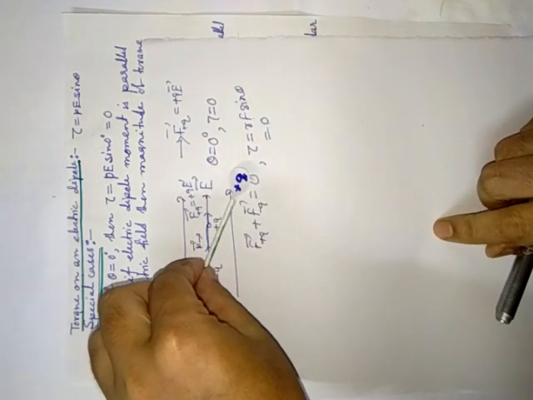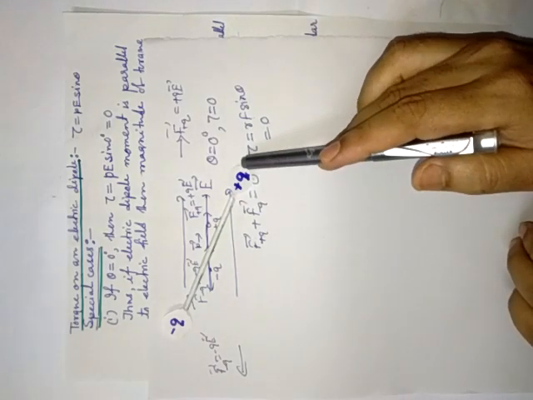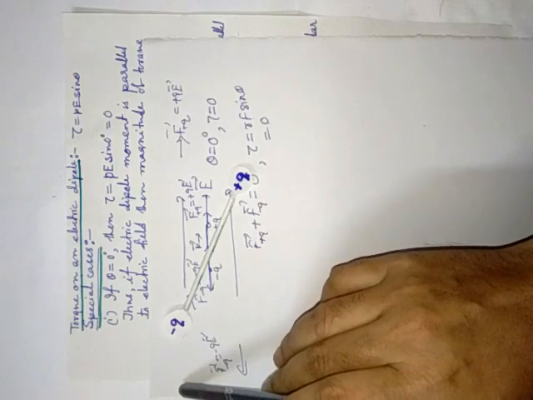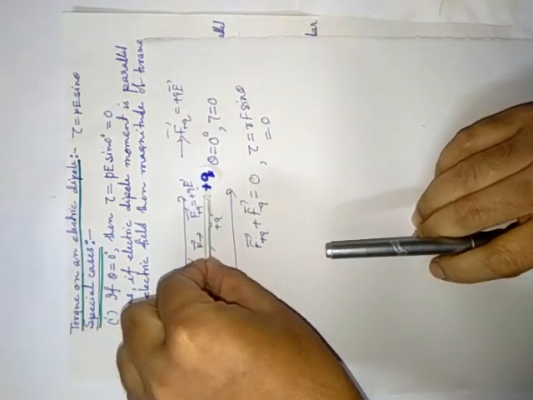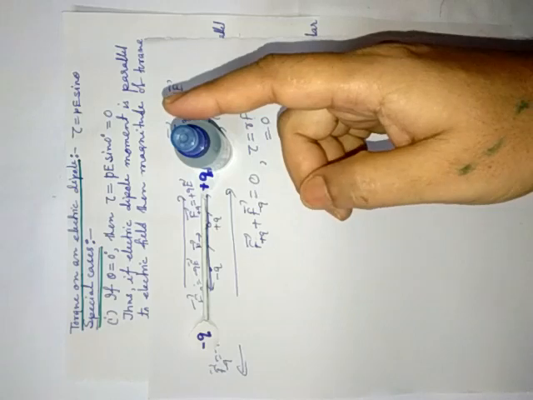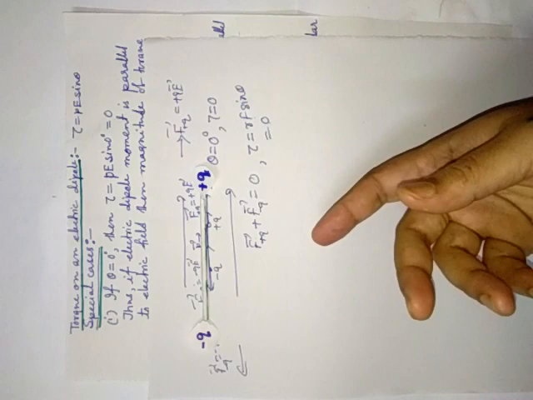Again, suppose you place this dipole like this by an external force, then the plus q charge will experience force along this direction, and the minus q charge will be attracted along this direction. This time there will be a couple, but this time in the anti-clockwise direction. Again, it will retain its earlier position. It is just like a bottle: I apply an external force, and if you remove the external force, it will regain its initial position. This is the condition of stable equilibrium. Stable equilibrium means the dipole will again come back to its earlier position.